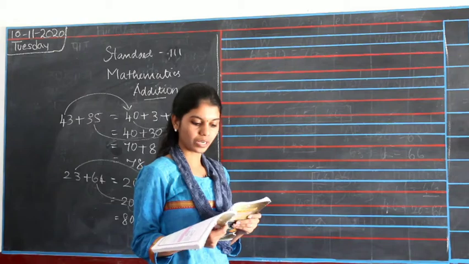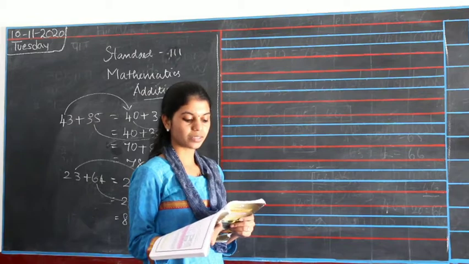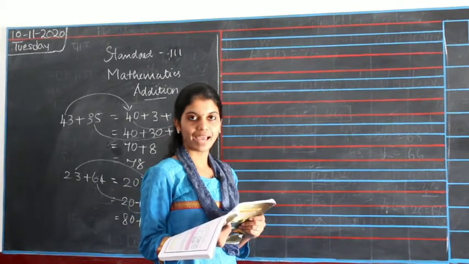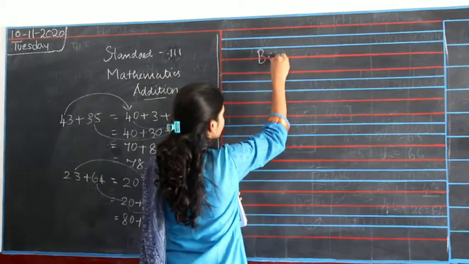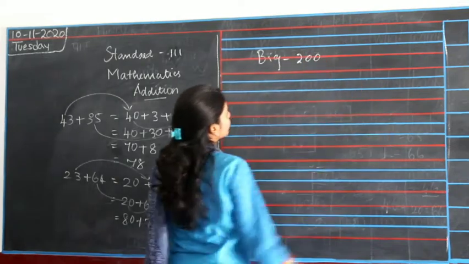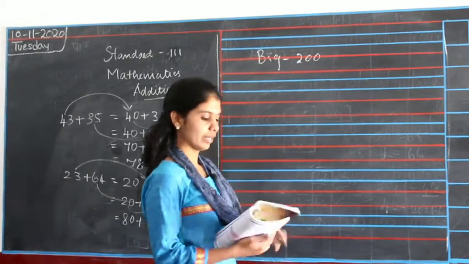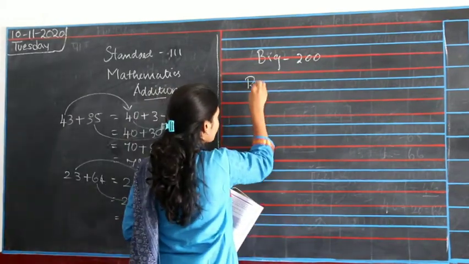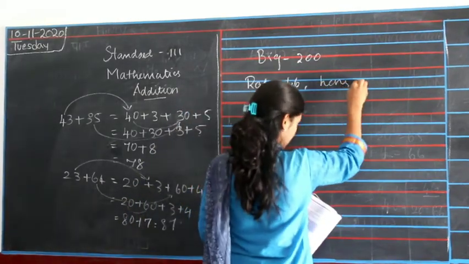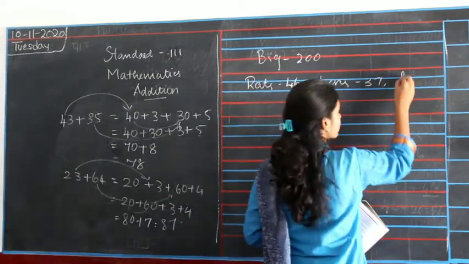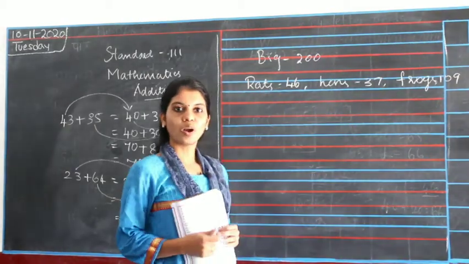A big frog took responsibility to take all the rats, frogs and ants. It promised to bring 200 members back. So the big frog said there will be 200 members in the party. It counted while going, and then while coming back it counted. There were 46 rats, and then 37 ants, and then 109 frogs. So let's see what the snake did.